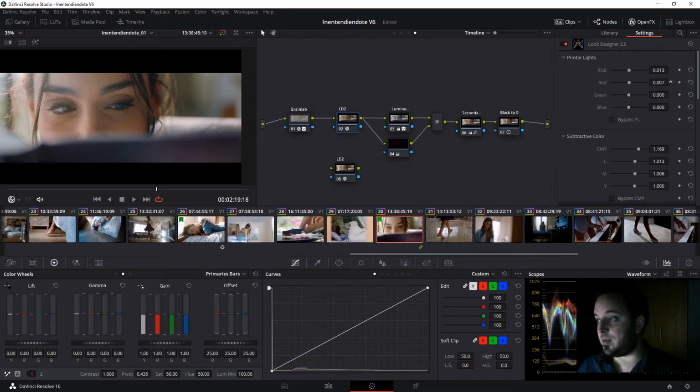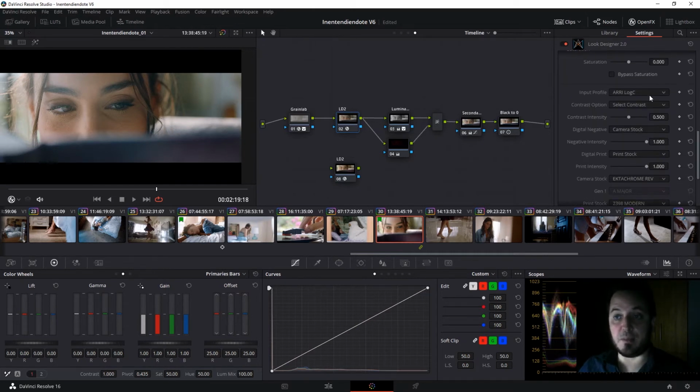And I can also play with the printer lights, right? If it's a bit too red, you know, I will remove some magenta, I will add some green, and we're happy. So, okay, we have something that we like. So this is how I built this look, right? Just moving my CMY, my printer lights, choosing a correct input profile for my camera, choosing a contrast